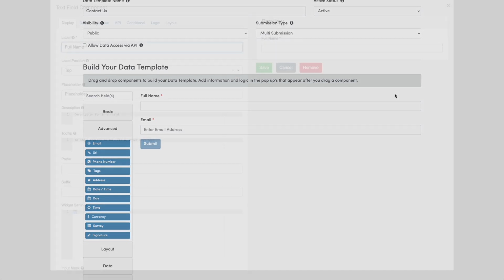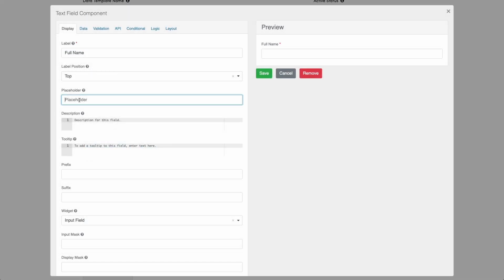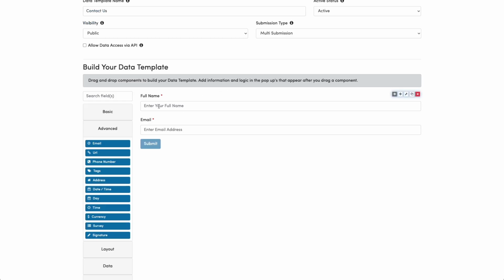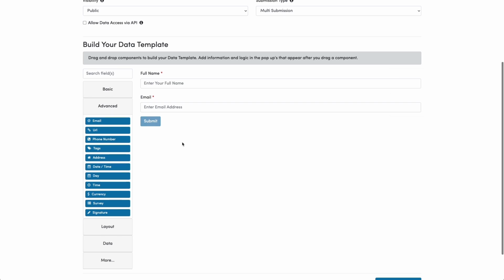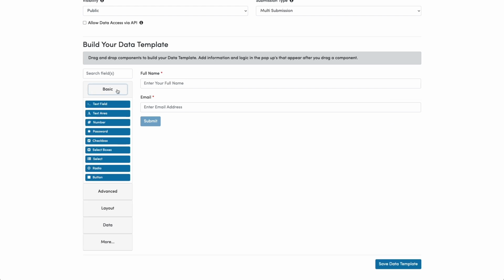So I just want to edit the element and put a placeholder in, and I'm going to say enter your full name, and then I'm going to save it. So now you can see I have the name and the email address already taken care of. Now let's say we want to have an option like a radio button where we want the user to select if it's a new construction or a renovation. So for that, I'm going to go back to the basic here, and I'm going to select radio